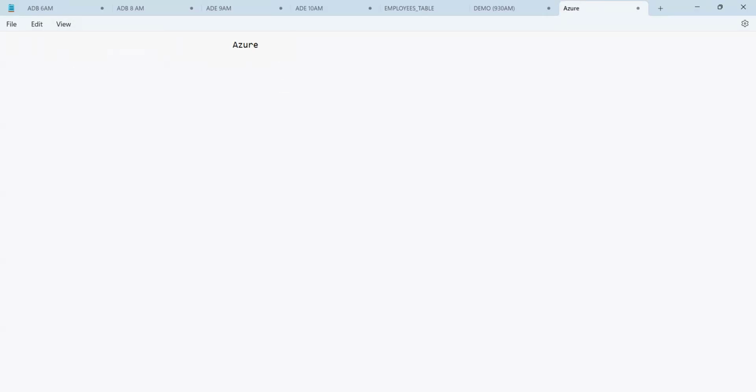Guys, what is Azure Databricks? Let's try to understand what is Azure Databricks. When we talk about Azure Databricks, everyone,